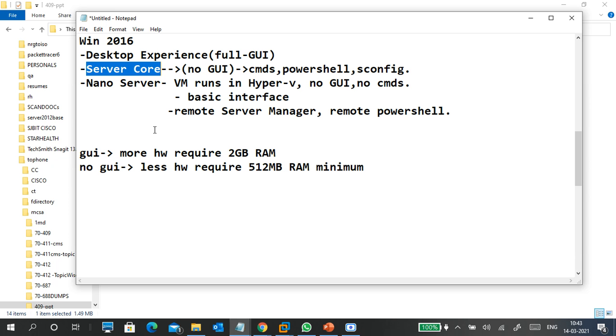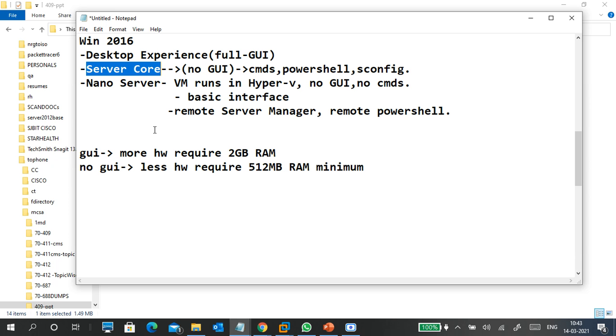Then you can install specific services in nano server and manage it with Server Manager, remote PowerShell. You can connect and install the services, and make it a member of a domain.